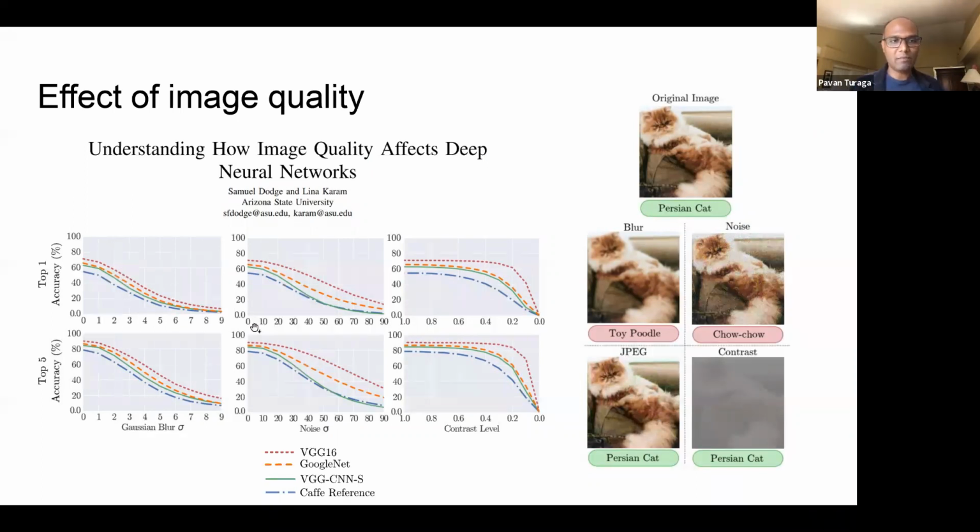These are standard image classification networks. And this shows how their performance drops on classification under simple things like Gaussian blur with certain standard deviation. And as the standard deviation increases, how the performance drops, noise, and contrast level. So almost every physical factor that you can actually simulate will cause these things to drop very dramatically very soon. So we are interested in a middle ground, which is try to come up with,